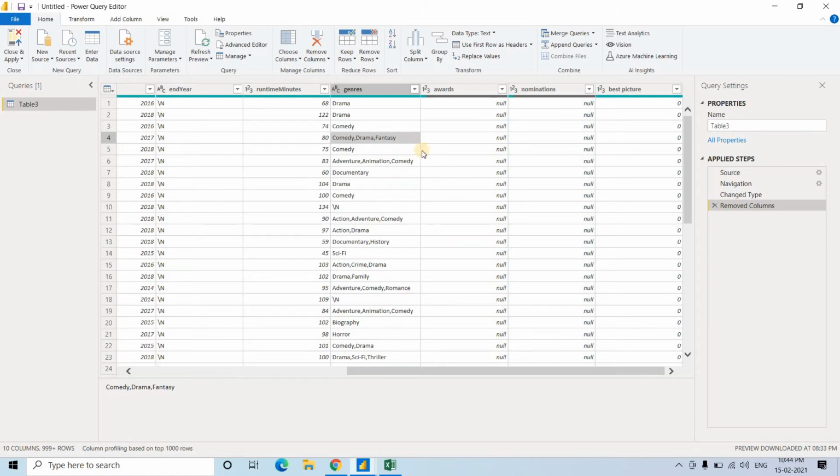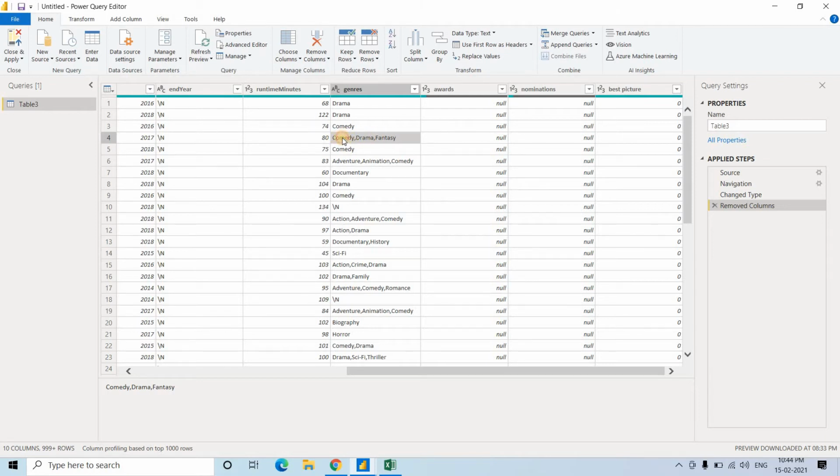Okay, and if you have knowledge of ETL, there is a very popular tool Talend, where one component tNormalize is present, using which we can normalize. So what it will do basically, like here you can see comedy, drama, fantasy is present, right? So you just select that particular column based on which you want to do normalization. So suppose we want it for the genre column, so here 3 values are present, so keeping all the other column values of the particular row unchanged, it will create 3 different rows.